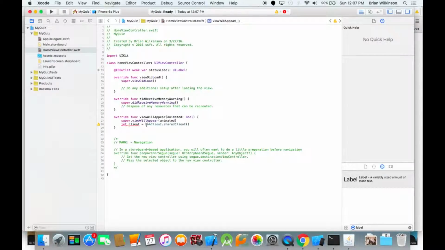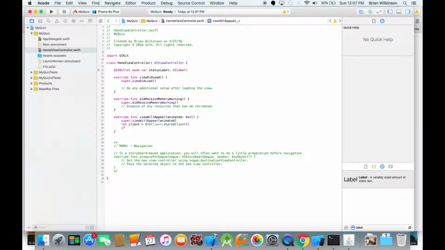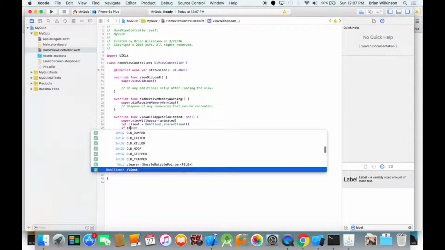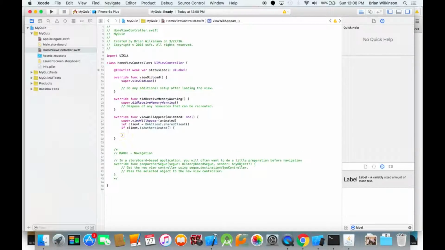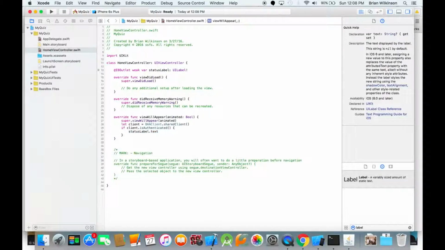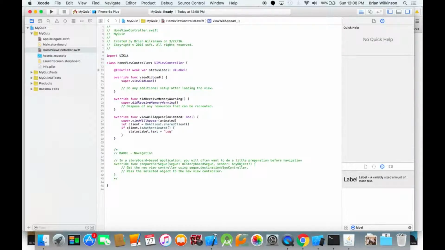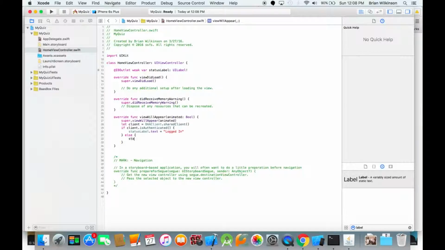So this creates an instance of a BaasBox client, and the first thing we'll do is check to see if client is authenticated. That means, is the current user already logged in? If they are, we'll change the status label text to logged in. And if they're not, we'll change the status label text